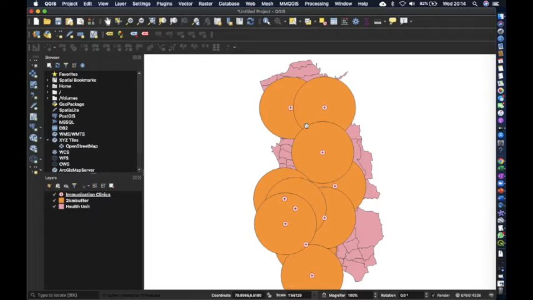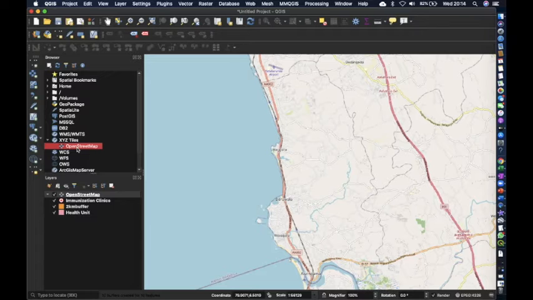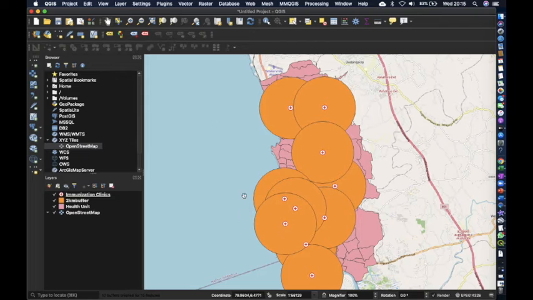Next, we need to clip the buffer areas according to the administrative area. Before that, we will understand the surroundings of the administrative area. Everything disappeared because OpenStreetMap is over the other areas. We will keep it lower so we can see. This is the city, and these are the other areas. So there is no point in keeping this buffer just to see just the city areas. So we need to clip it out.